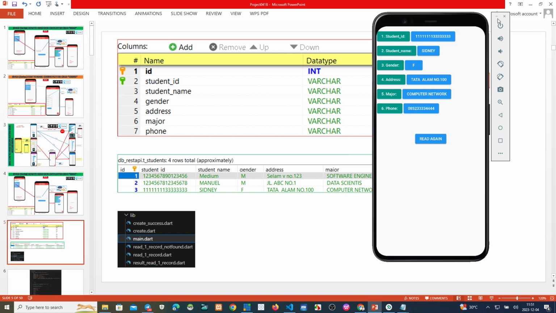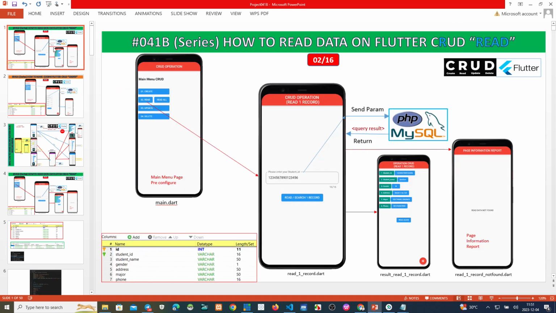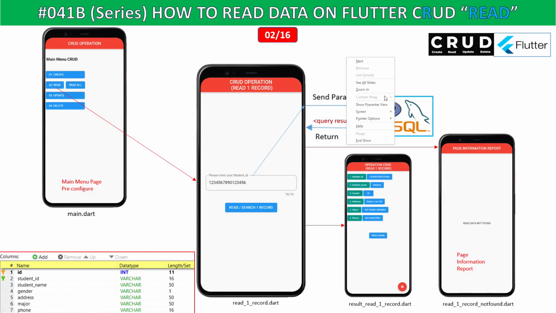Okay, before we close, I make an explanation first. Where is the pointer? Okay, this one. Project number 41B, 2 projects from 16 projects.